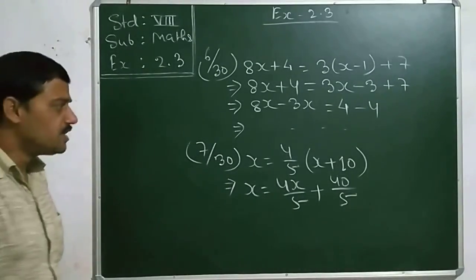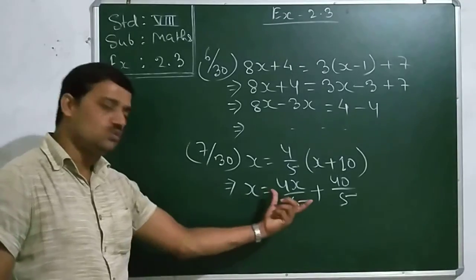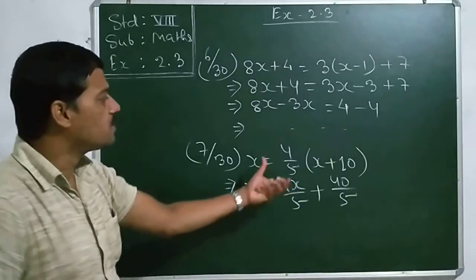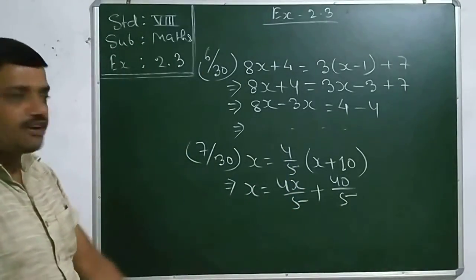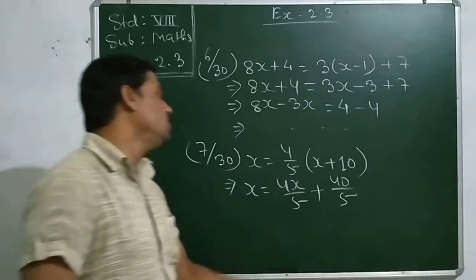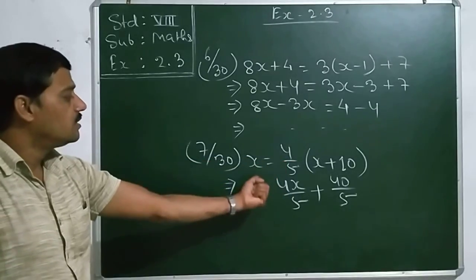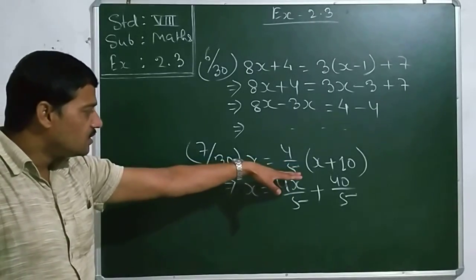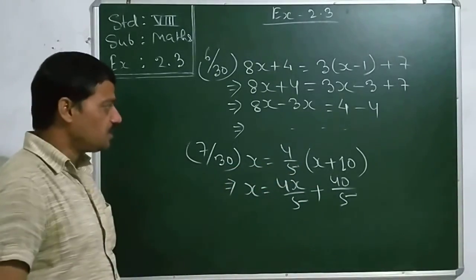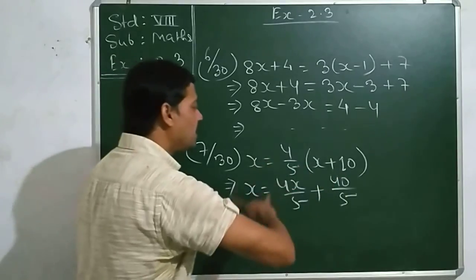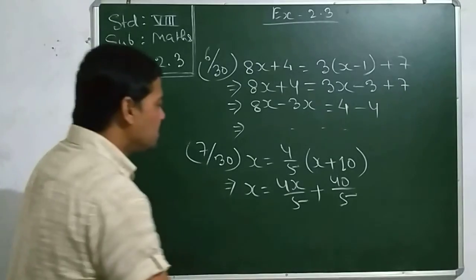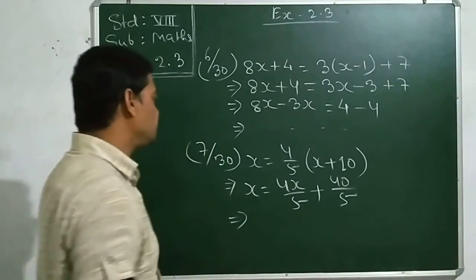Several other ways are also there to solve this sum. As you have been solving the previous sums, following similar steps you can solve it. And if you take a different way for this sum, as 5 appeared in the denominator only, you could have reduced it to the simplest term such that no denominator is there. To do that, we need to multiply LHS and RHS both sides by 5. I will show it that way also.